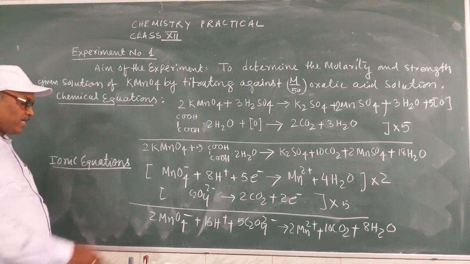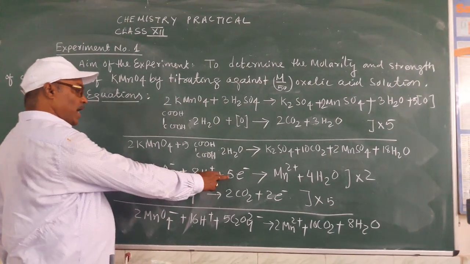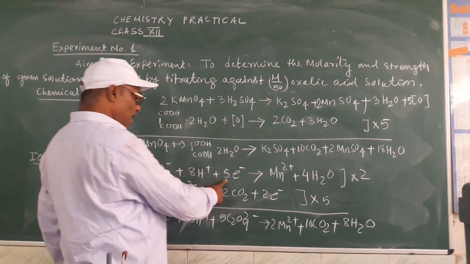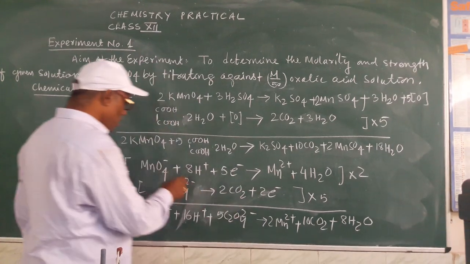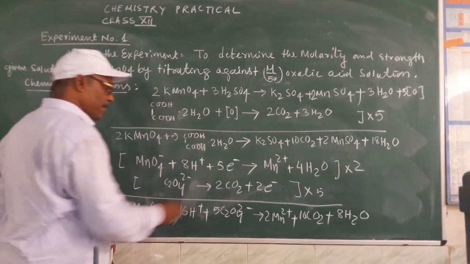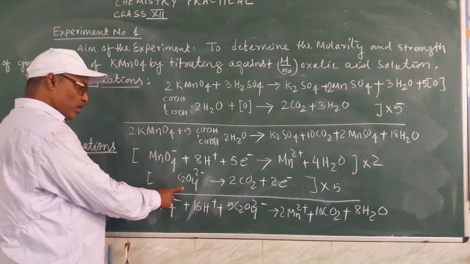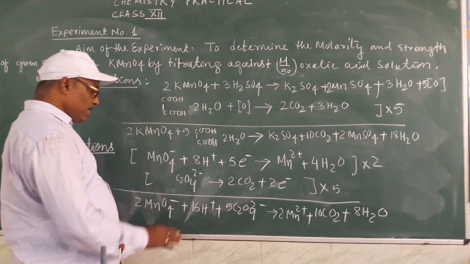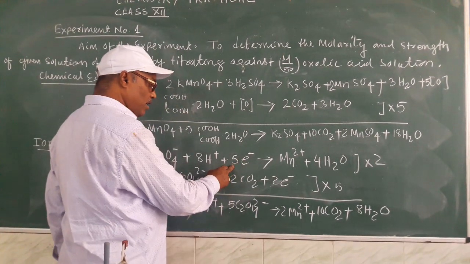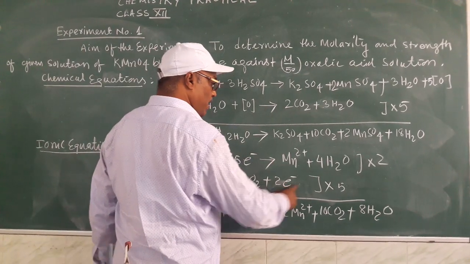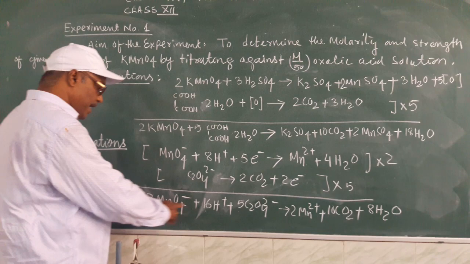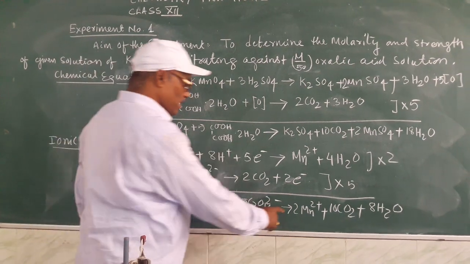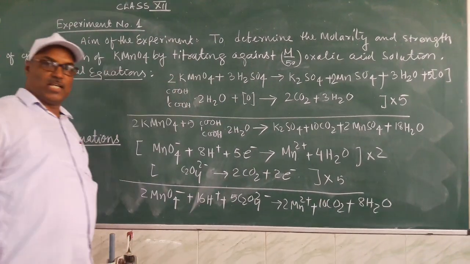Okay, you have to remember basically the ionic equations. Here the ionic equation is MnO4 minus plus 8H plus plus 5 electrons, because the oxidation state of manganese is plus 7, so 5 electrons are added to give Mn2 plus plus 4H2O. Potassium permanganate ion is reduced to Mn2 plus, and the oxalate ion is oxidized to carbon dioxide. So C2O4 2 minus gives 2 CO2 plus 2 electrons. 2 electrons are here and 5 electrons are given here. In order to cancel, multiply equation 2 by 5 and equation 1 by 2. So this is the net ionic equation, that is 2 MnO4 minus plus 16H plus plus 5 C2O4 2 minus gives 2 Mn2 plus plus 10 CO2 plus 8 H2O.